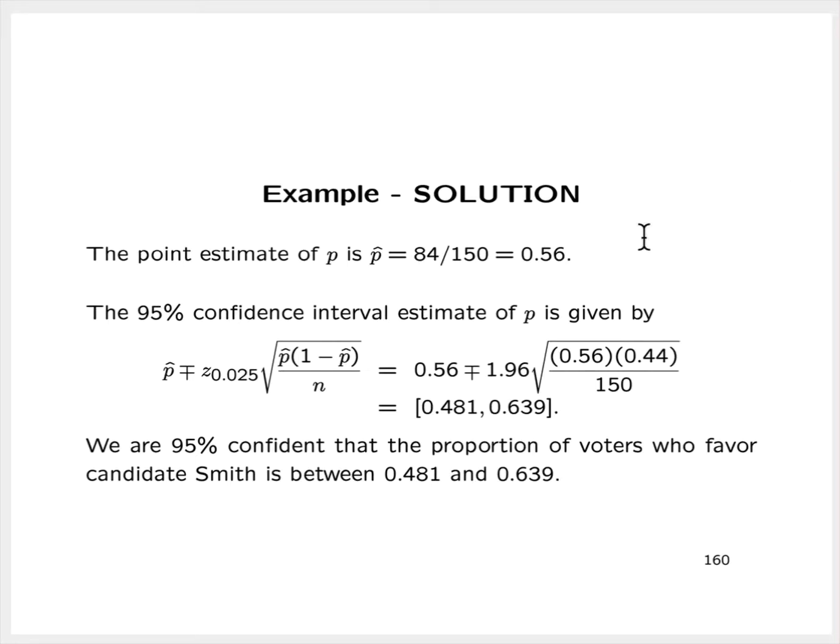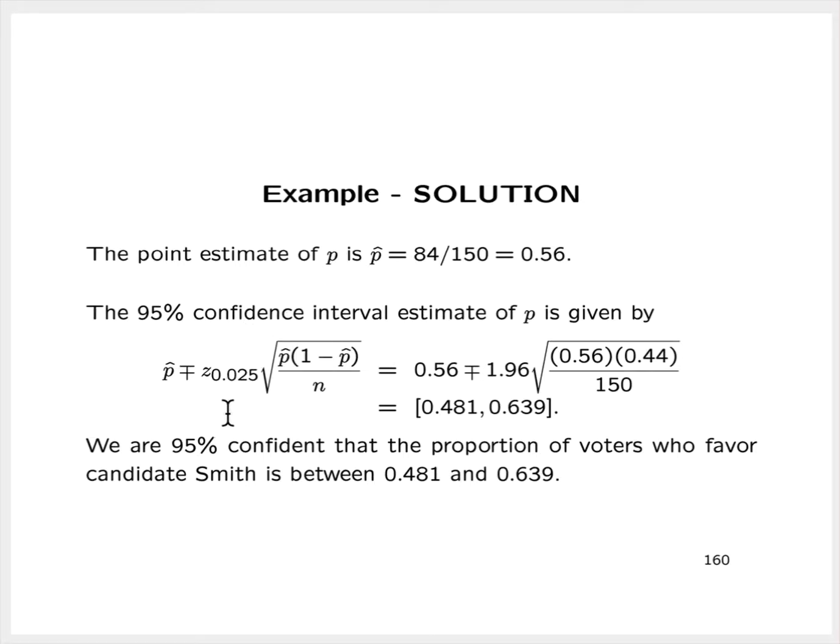So our point estimate of P, the proportion of voters who favor candidate Smith, is P hat equal to 84 over 150, which is 0.56. And so we're constructing, in this case, a two-sided 95% confidence interval estimate of P. That's going to be given by our point estimate, P hat, plus or minus the estimated margin of error